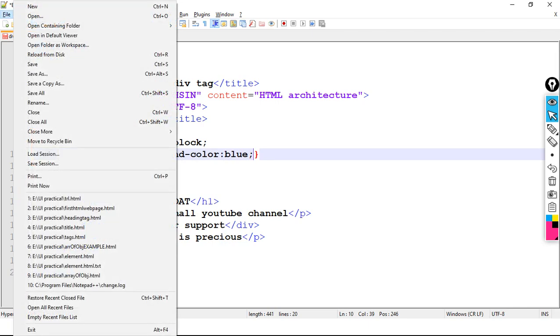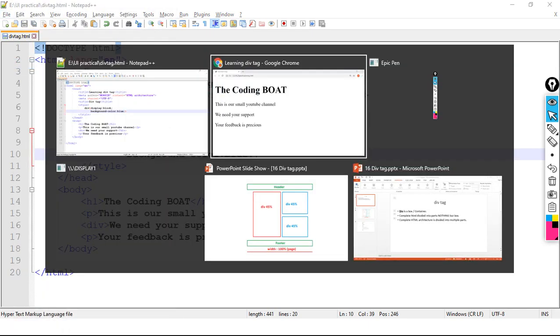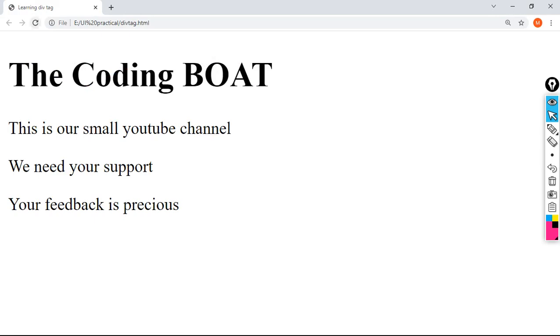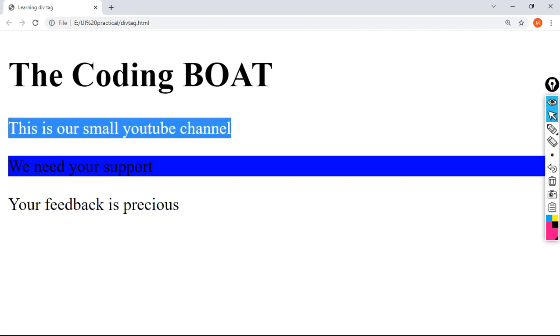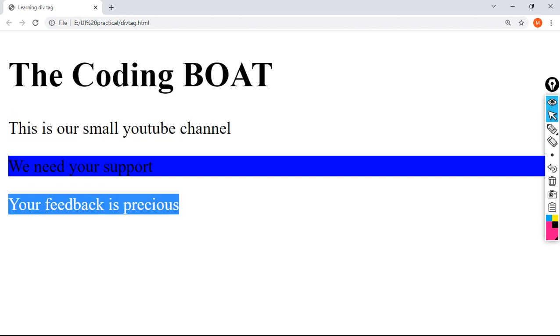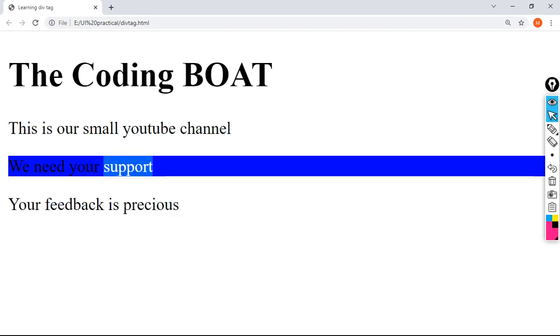Let's save the code. I am refreshing the page. Got it? This is a paragraph tag, this is a paragraph tag, but it has taken the div tag and it has used the background blue color.